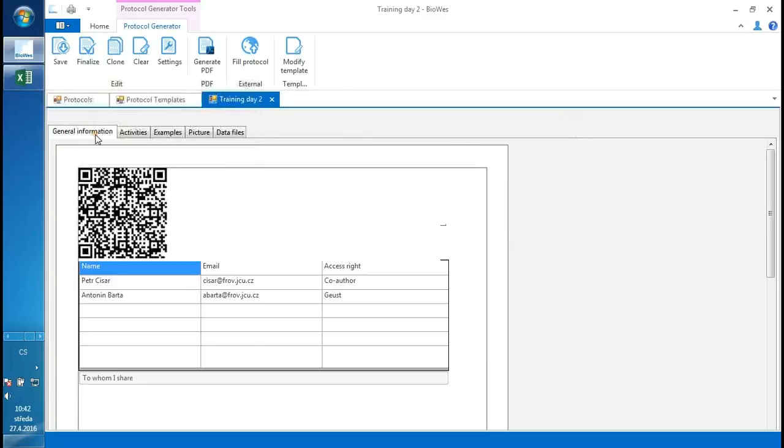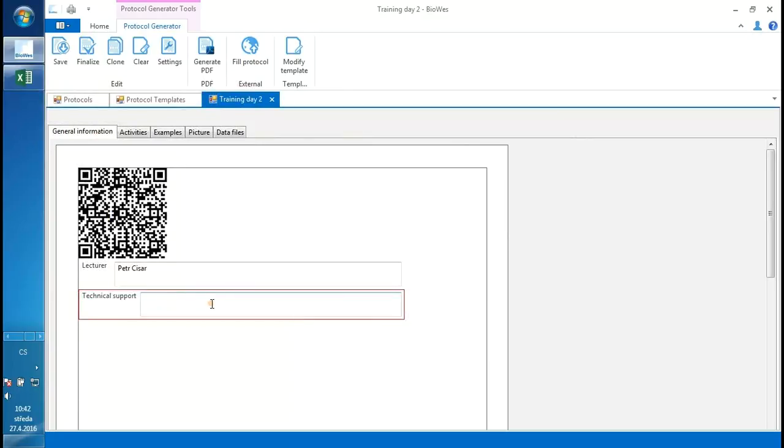Last time I told you that the fields highlighted by red are mandatory. So it means that if the user tries to finalize the protocol, the system asks him to fill all the mandatory fields. This is not the case for saving. If I just save my work, it means that probably I would like to fill the protocol again, add some data or modify something. It means that the system is not checking if everything mandatory was filled. But if I try to finalize the protocol,